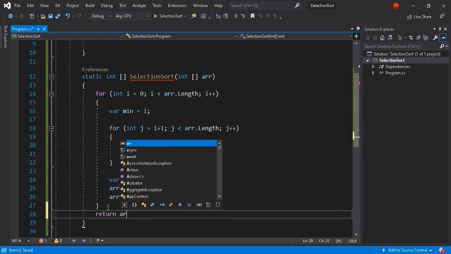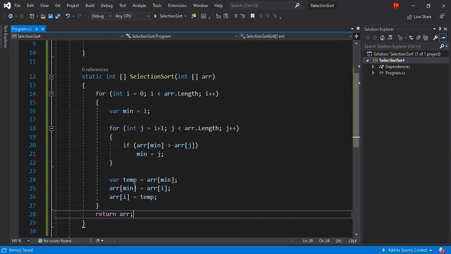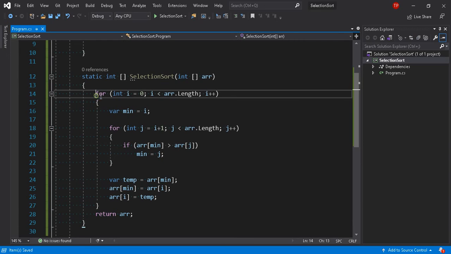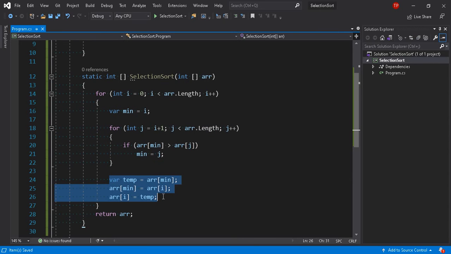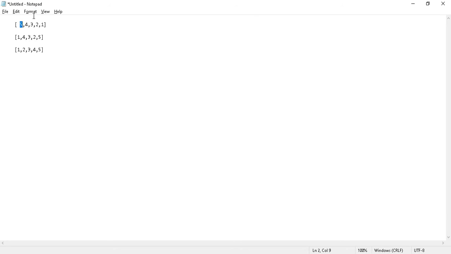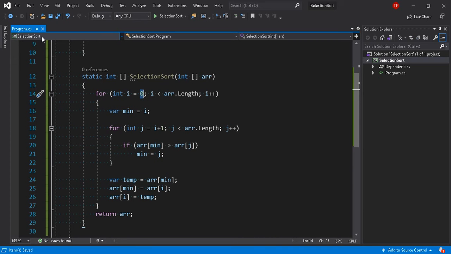And then after this I will just return my array, because up to this point it will be swapped, because in the next iteration the value of i will be one. So I am considering this is the minimum, then I'm going through the whole array and finding the minimum index, and then I'm swapping with that index only, because I increment by one. So I will go and see the next part of the array. If you see in the example, I compare, and then in the next pass I compare this part only, right? So this is how it will work.